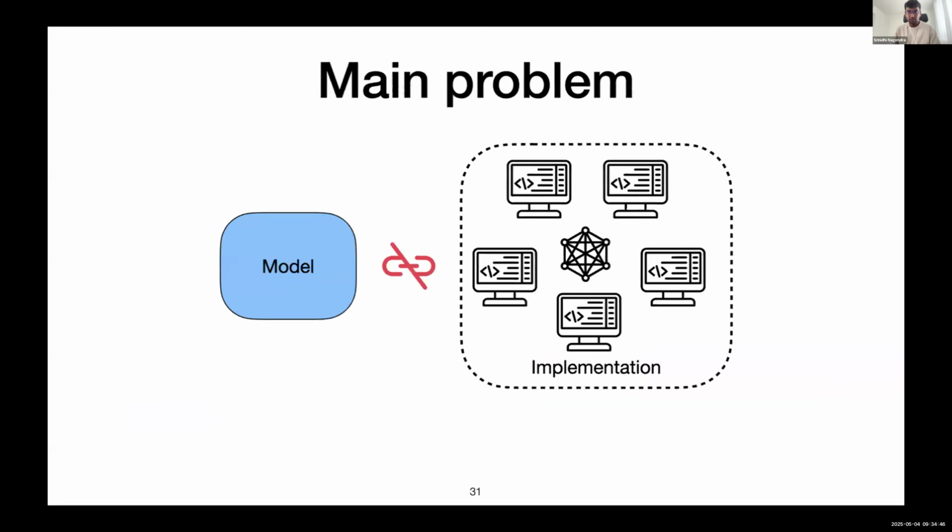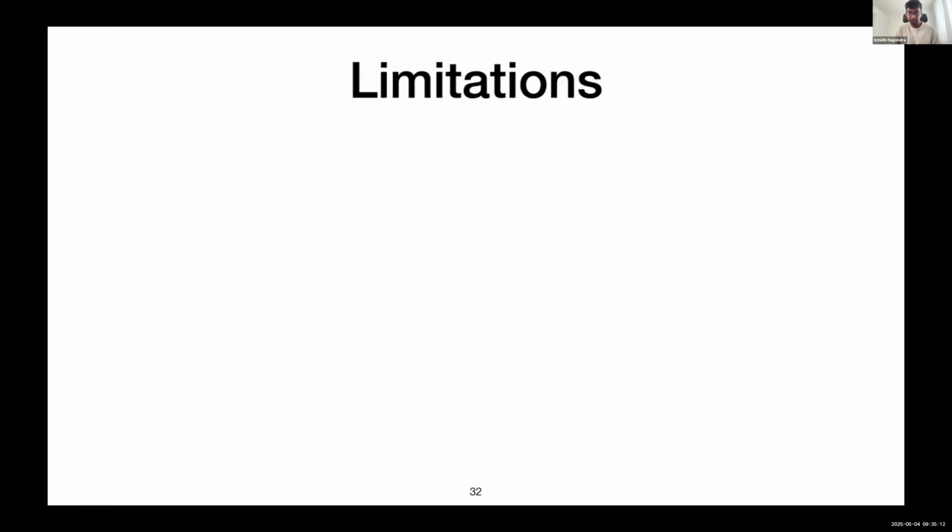But these models eventually are not useful in testing the implementation itself. It's a guidance mechanism, a good way to think and test out if the idea works on the model itself, but all this effort is not useful when testing the implementation. So this work is trying to address this main problem, to say that you can use the model to test the implementation and it's actually useful. And that's the real contribution here that we want to highlight.